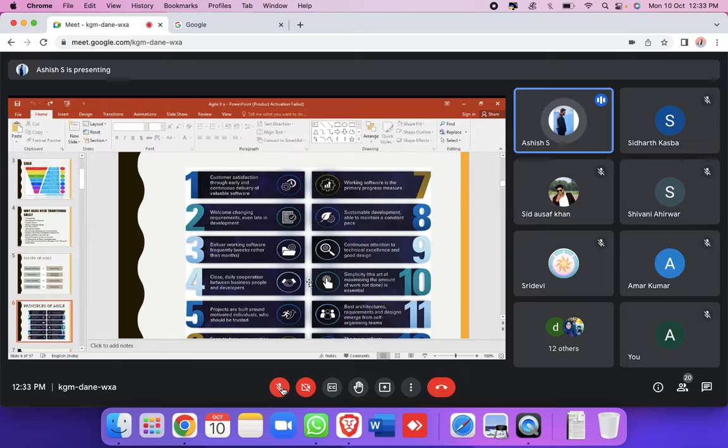Now, since you want to explore your business all over the country, and you want to develop an application very quickly, that is where the first point comes in: customer satisfaction through early and continuous delivery of valuable software. You want a very basic or very good software which can be easily admired by particular customers. You need an application which is user friendly, you need it very fast, and every user can access it very easily. This is how your requirements will be.